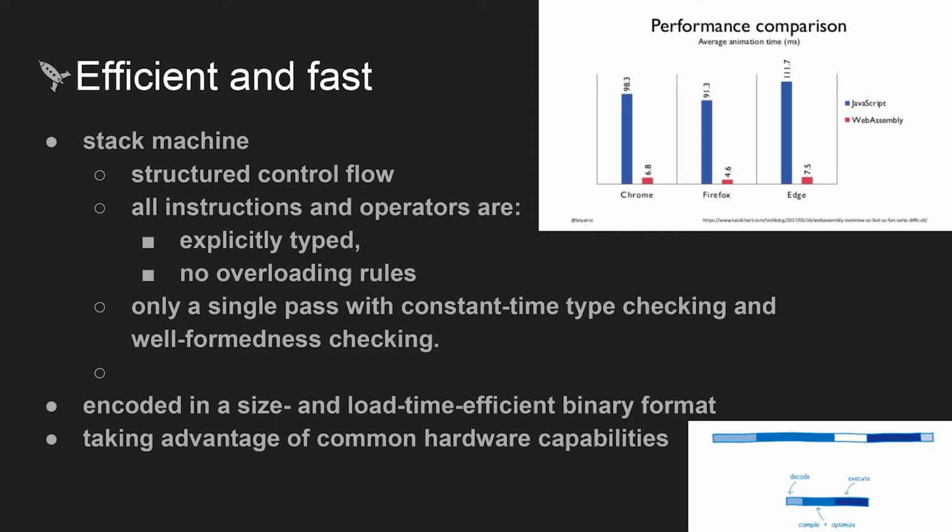For it to be efficient and fast, they developed the virtual machine of WebAssembly as a stack machine. They don't use an AST, so if you look at the WebAssembly code, it is executed sequentially. There is an article from Mozilla where they compile it with a stream because everything is sequential. In the upper corner, there is a performance comparison between an animation with WebAssembly and with JavaScript.